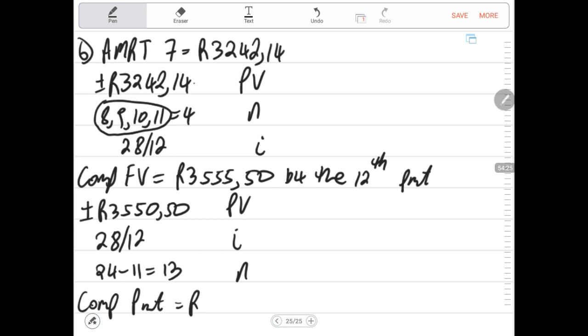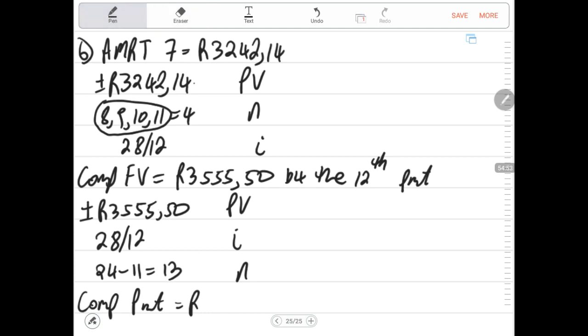That is our present value. 28 divided by 12 is our interest. 13 is our n. We compute our PMT, which is our payments in this case. Now our payments are 320 rand 23 cents. Our payments are, there's something wrong,